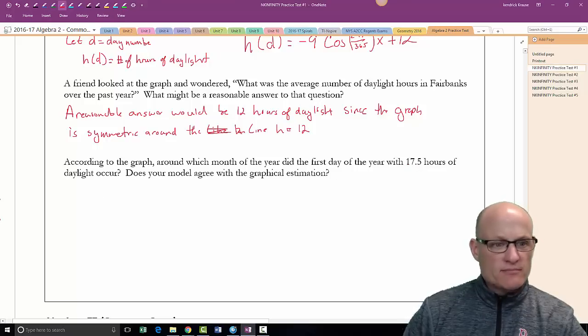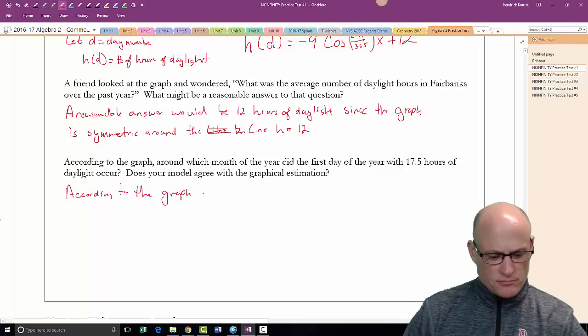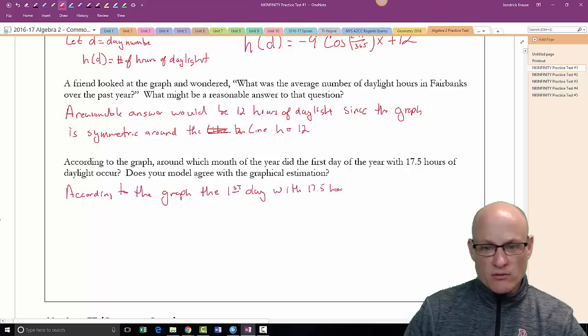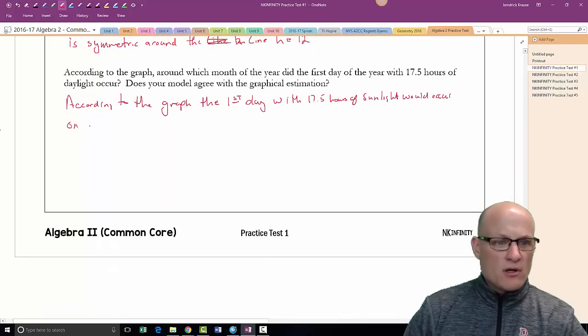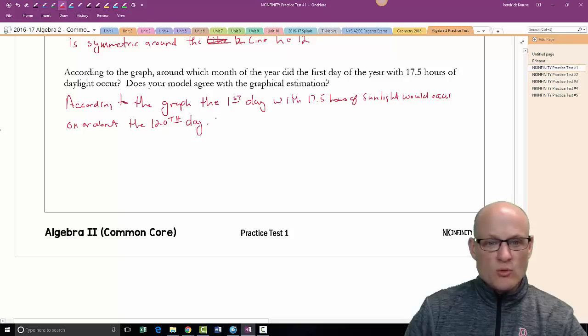So according to the graph, where's my pen? According to the graph, the first day with 17.5 hours of sunlight would occur, it's behind my head, on or about the 120th day, which